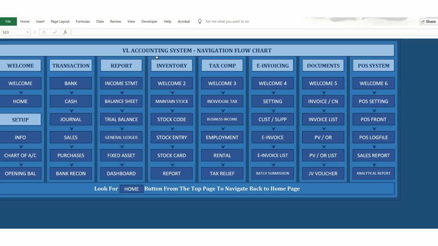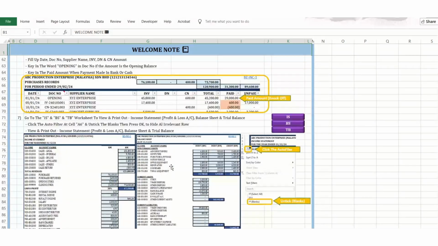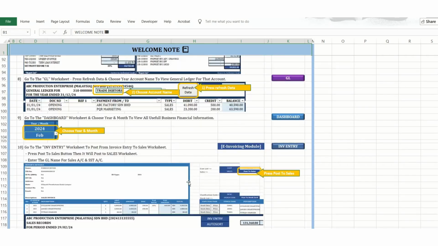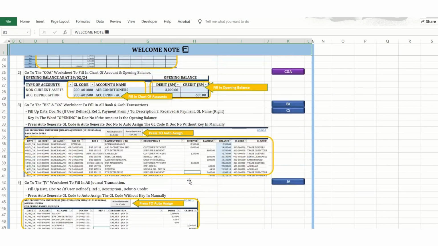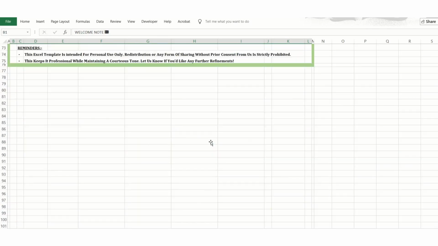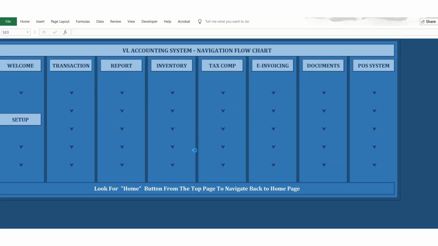And now you see this is the navigation flowchart with welcome notes for 1, 2, 3, 4, 5, 6, which consists of all the guidelines with images you can go through, and with all the links you can check through one by one. Okay, we highly recommend that you read and understand all the guidelines before you proceed to